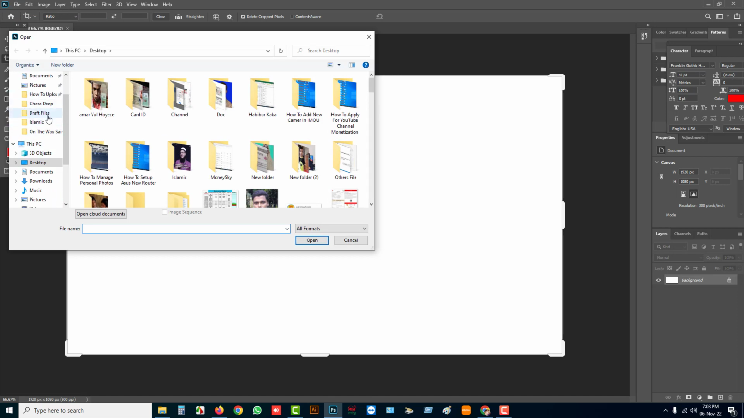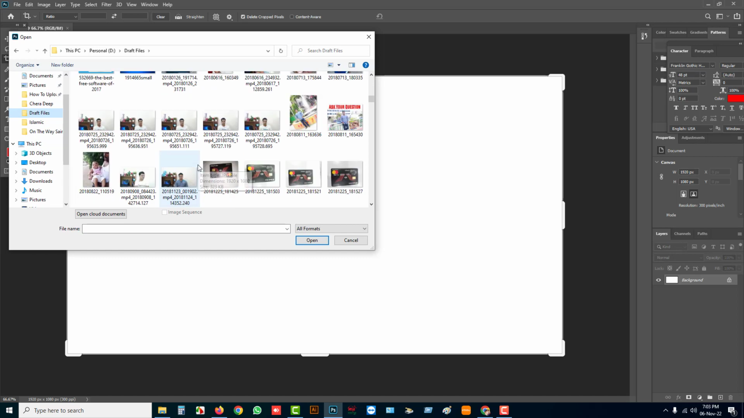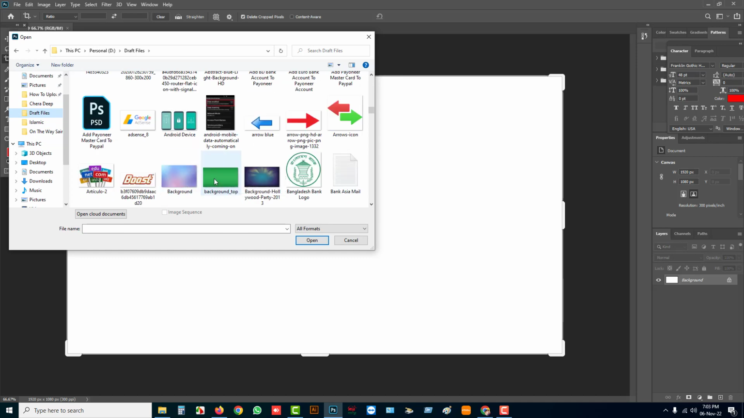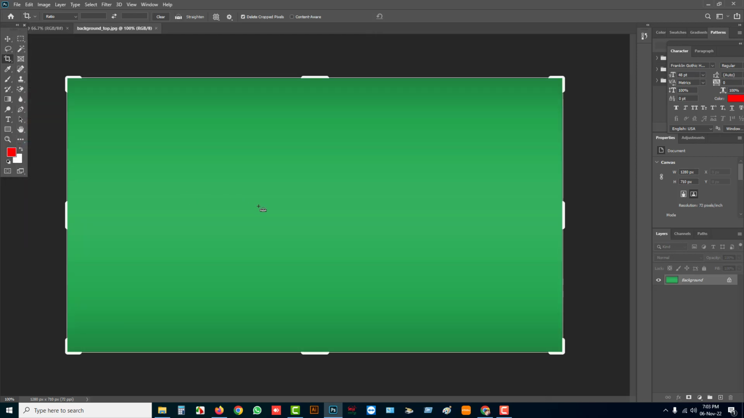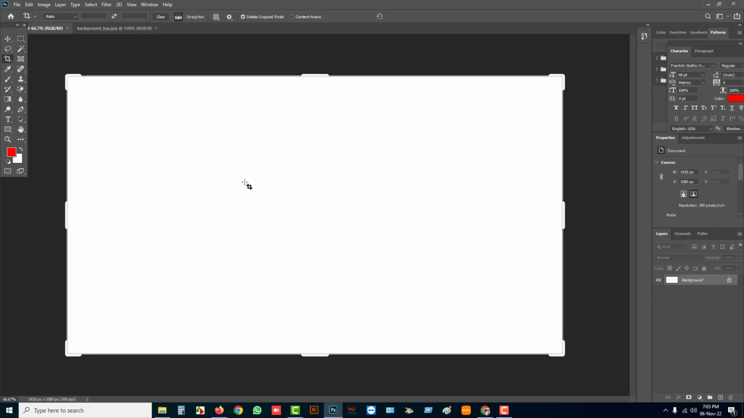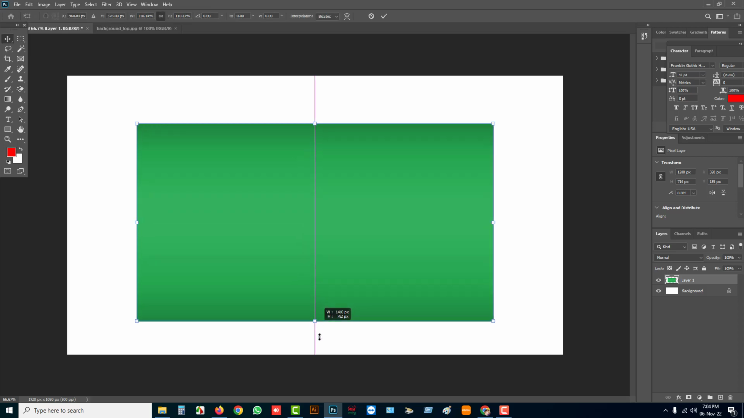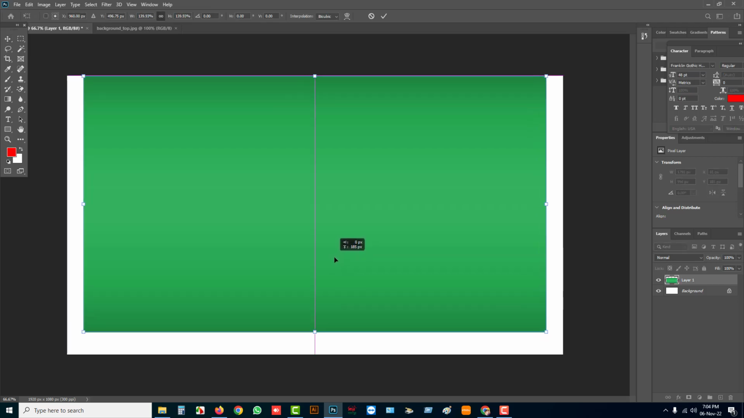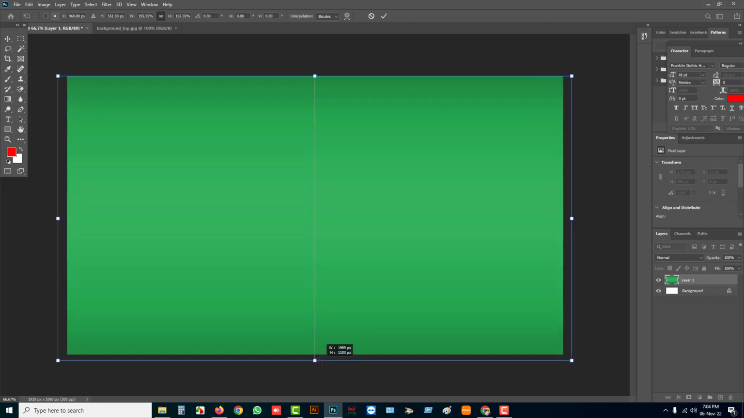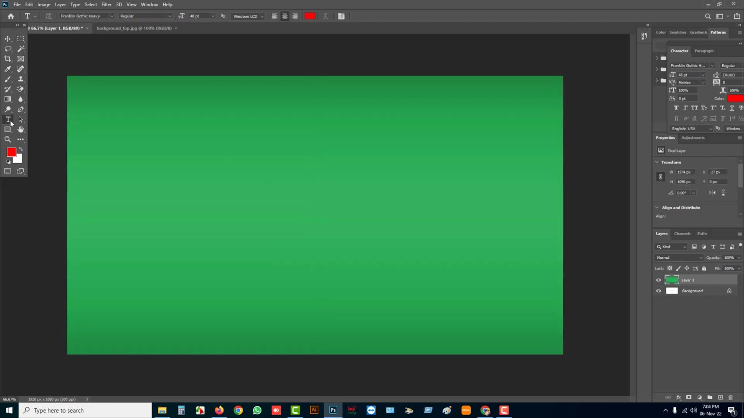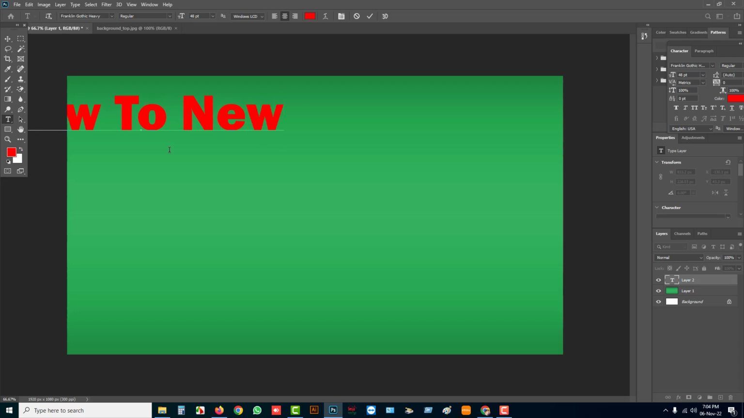Okay, background logo already I have managed, and here, okay, copy, now paste, control V. Okay, and I am taking the move tool, and here show transform controls, and I am increasing outside. Okay, now I am texting, now I am writing. Okay, how to add new camera